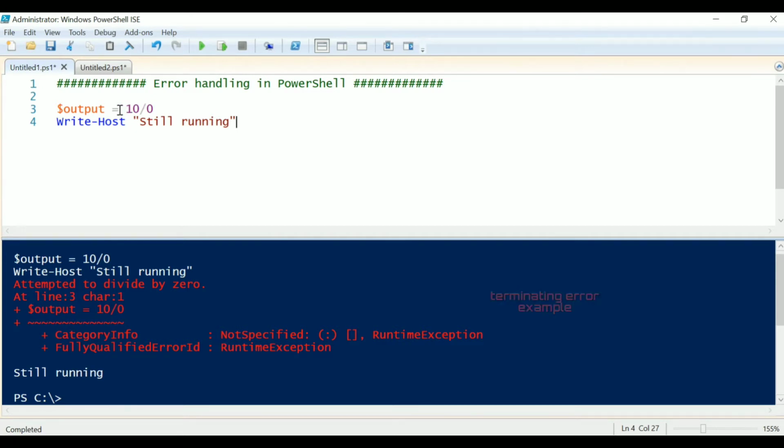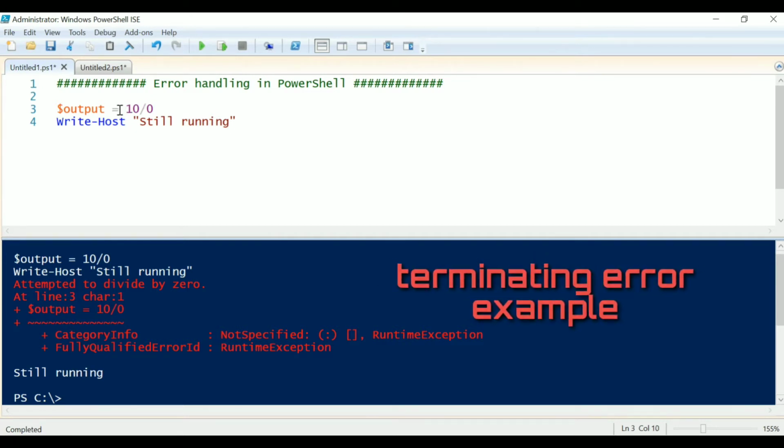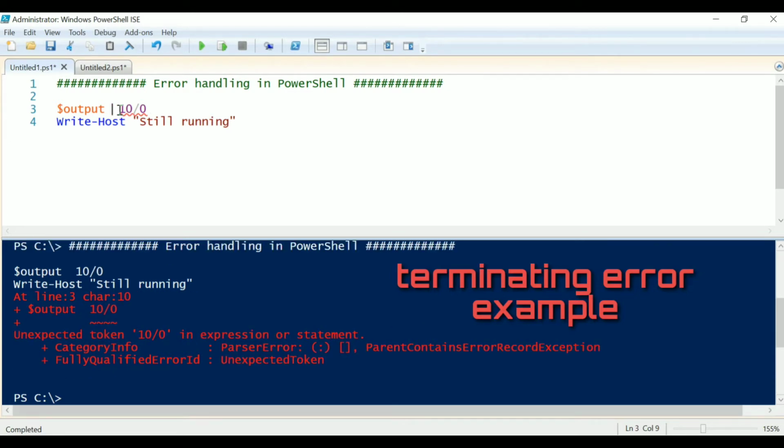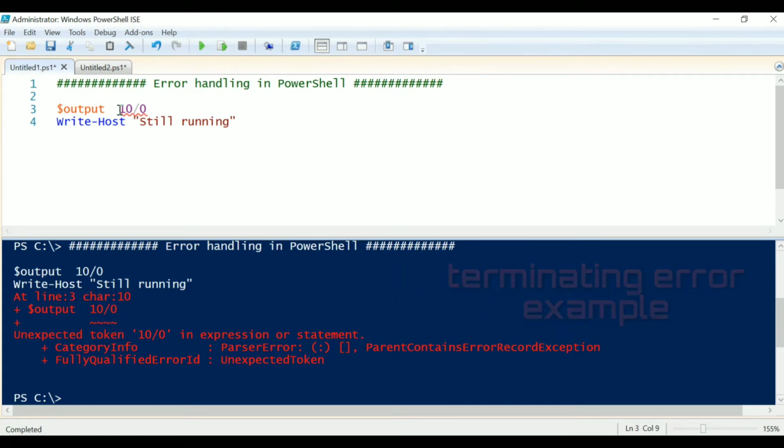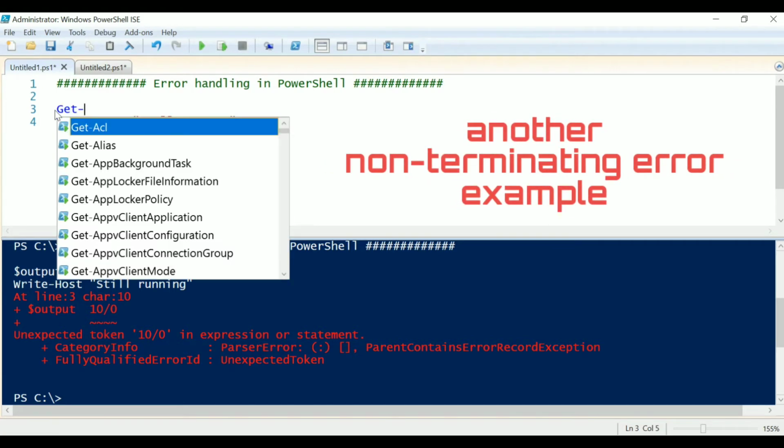Now if I remove this assignment operator and re-execute my program, I'll get an error message, and this time, as you can see, we didn't get any output from the next line, that is Write-Host. It means this time we encountered a terminating error. Now let me use one more cmdlet here, that is Get-Item.